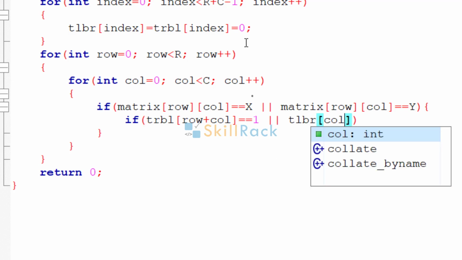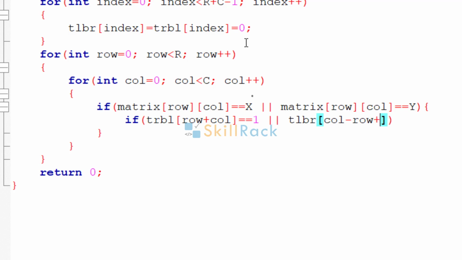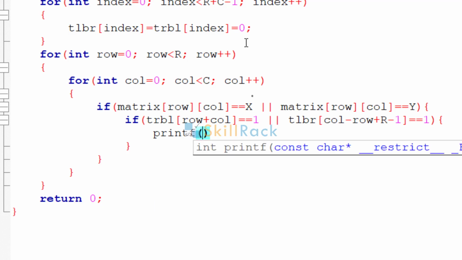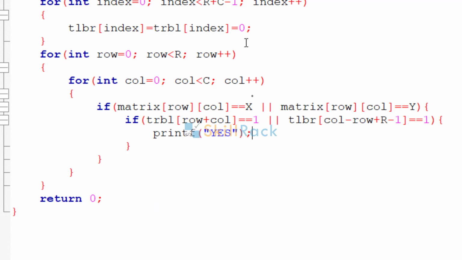So the formula is col minus row plus R minus 1. So if any of these values is 1, then it means already the other value has occurred. So in that case, we have to print yes and return, because we have found that both the values are in the same diagonal. Else,